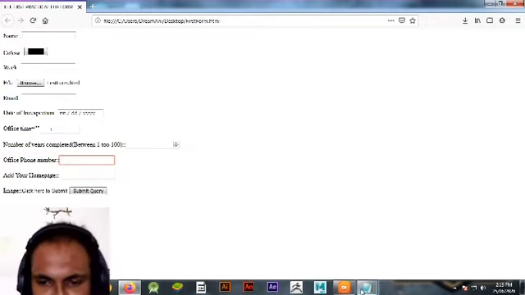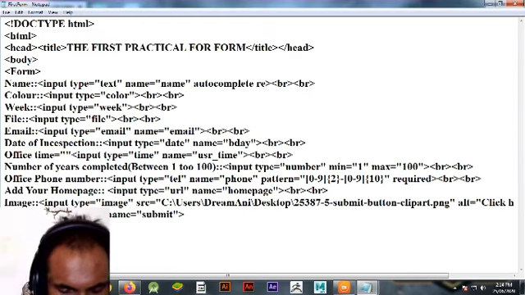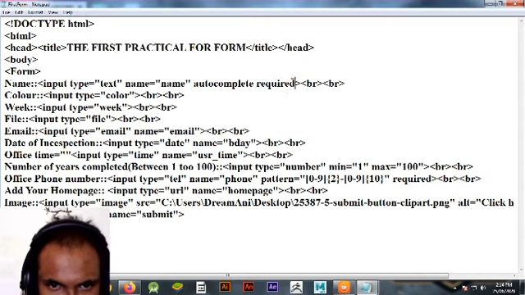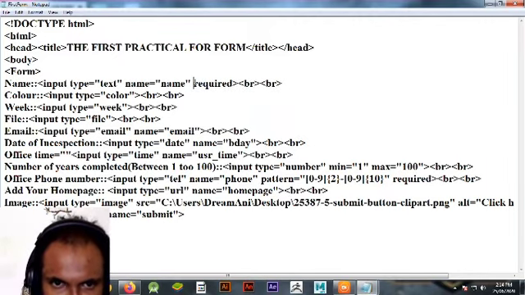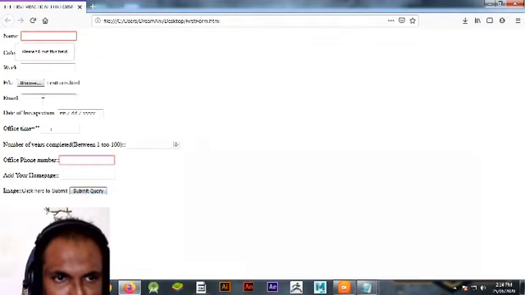If I write here, name, and if I write required here, see what will happen. If I cut this autocomplete and I write required there, then if I keep it blank and click on submit query, it will also be a compulsory field.